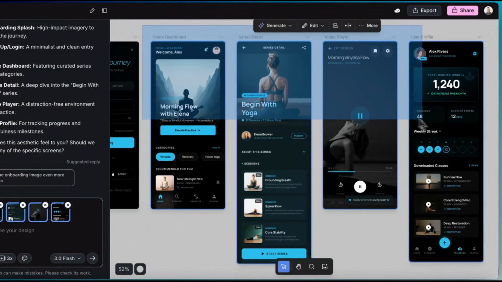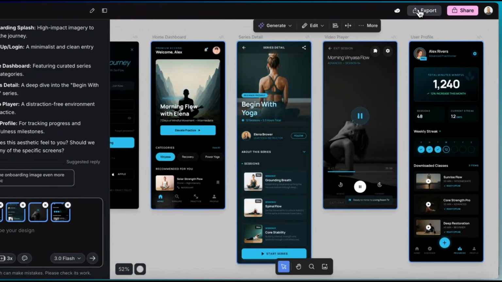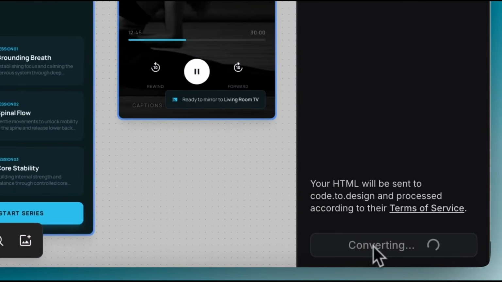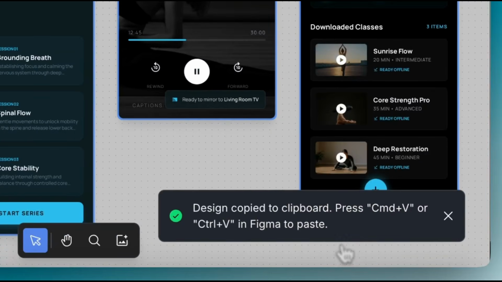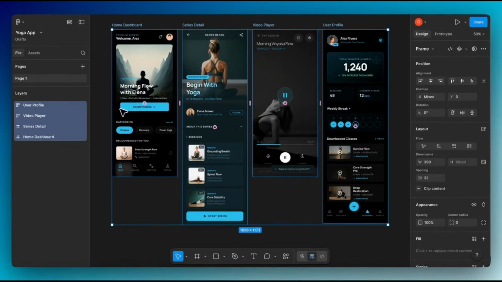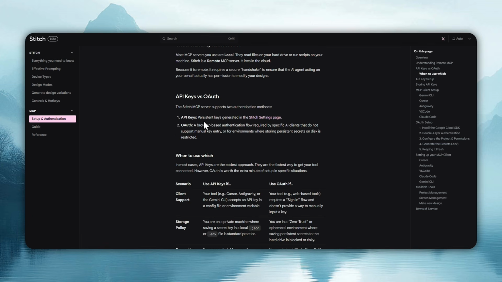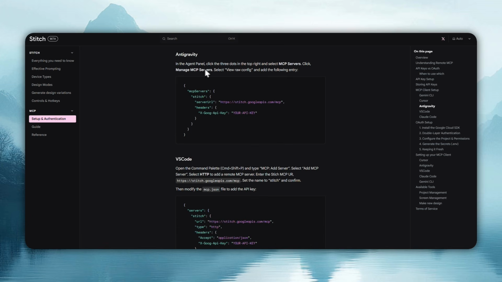For example, here is what Stitch was able to fully develop in terms of the front end. You have the ability to create beautiful interfaces for web apps as well as mobile apps, and you can even export it to Figma. The setup is really simple. You run the Stitch MCP, which is super easy to install directly within Antigravity, and essentially from there,